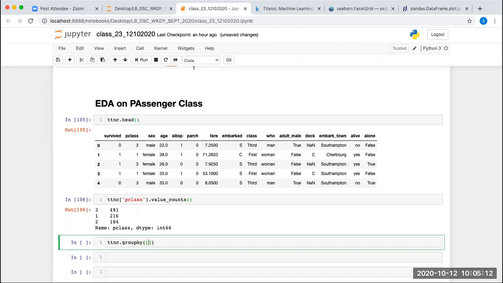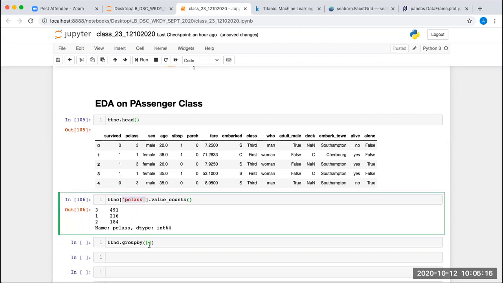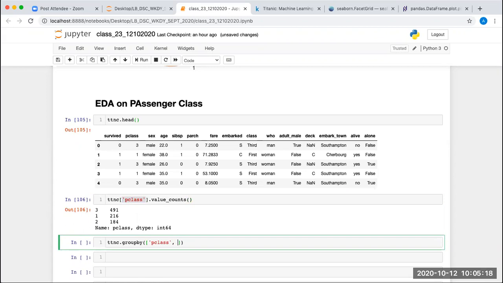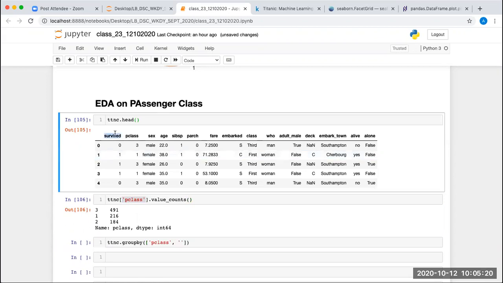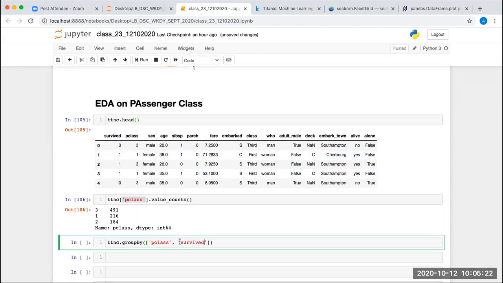So I'll be writing P class comma, this is the survived column. Then I want to get the survival count, how many people survived. So for that I'm going to take the column survived